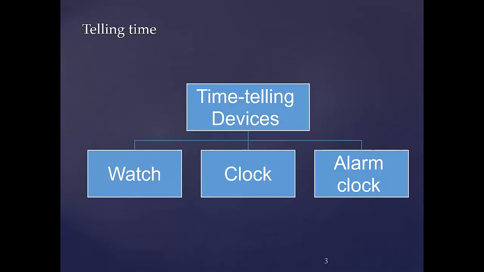So basically a watch is something that you wear on your wrist, okay? A digital watch is also a watch that you wear on your wrist. However, instead of displaying the two clock hands, we use the actual numbers. So for example, if I want to say it's 7:15, okay? It's going to be written down as 7:15, okay?